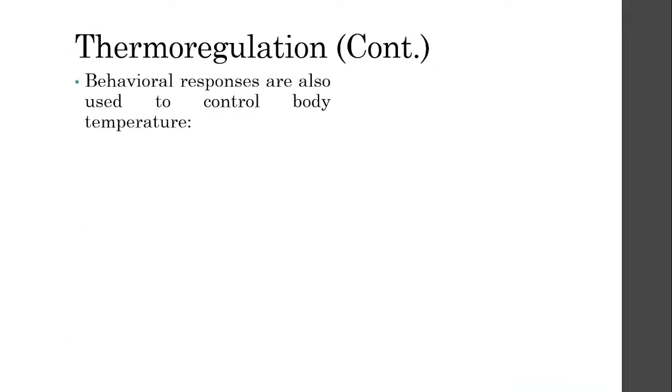Another way that animals also thermoregulate is via behavioral responses. Some examples are migration and hibernation. So kapag sobrang lamig na, a lot of birds actually migrate. They move from an area which is much colder to an area which is much warmer, wherein there's also a lot of food. Also hibernation, for example bears. During winter, the bear conserves heat in their body by sleeping.